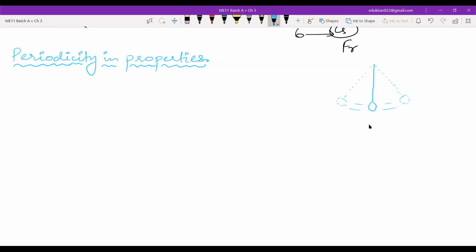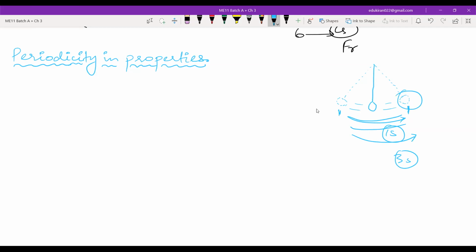Is there any word that you can remember from pendulum? In a pendulum, you have a time period, right? Yes, sir. So the periodicity in this pendulum is that periodically it is moving from this point to this point, right? Let us say it takes 1 second from here to here, then I can determine where it will be after 3 seconds. Here to here 1 second, here to here 1 second, and back here to here another second. That means at the third second, it will be at this position.